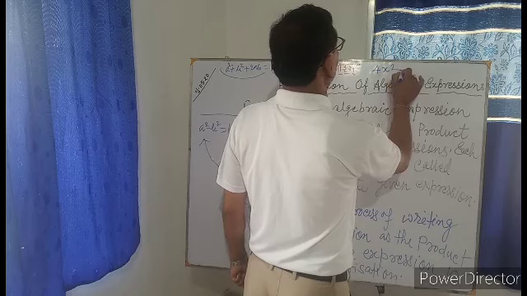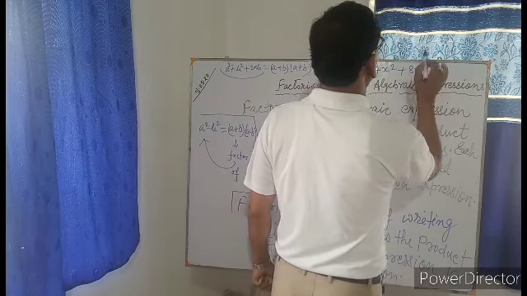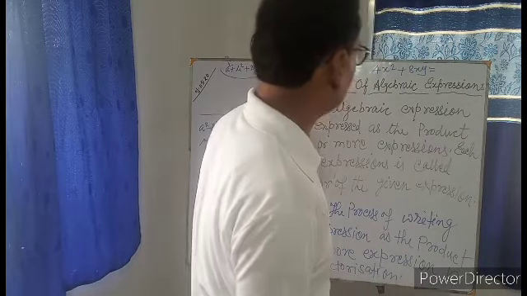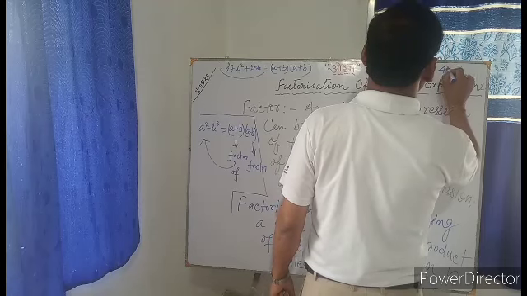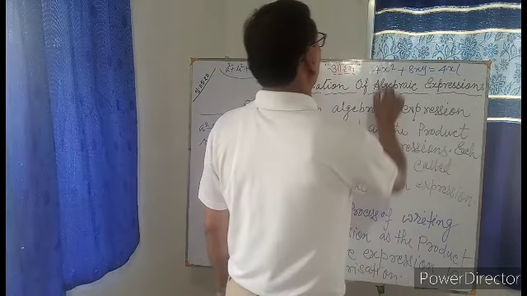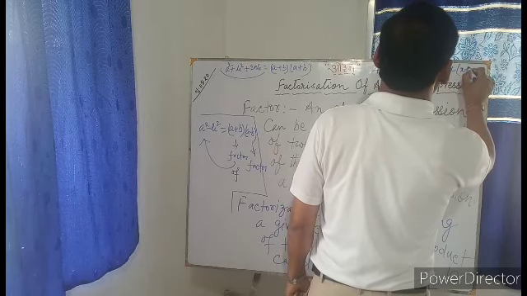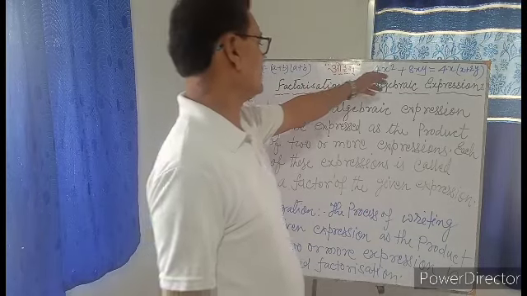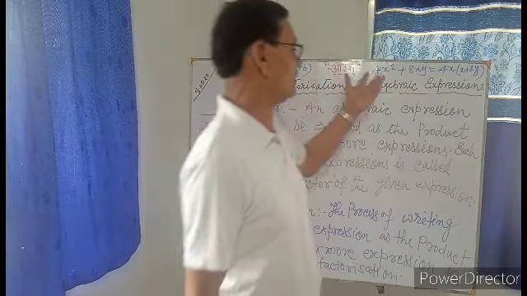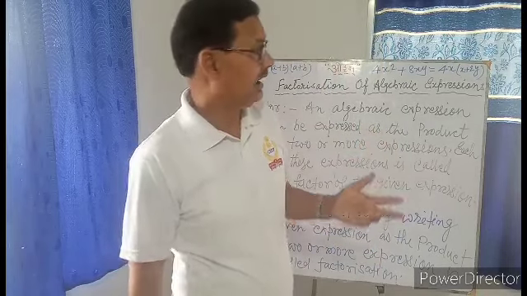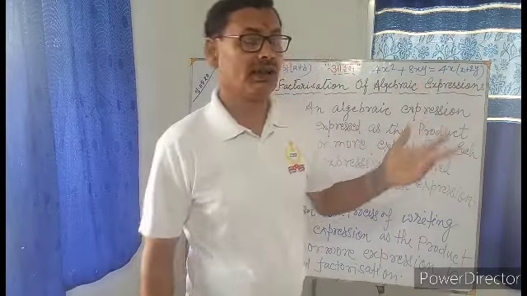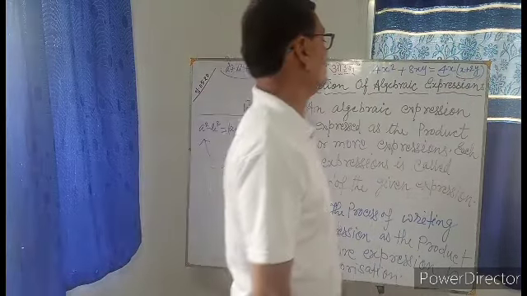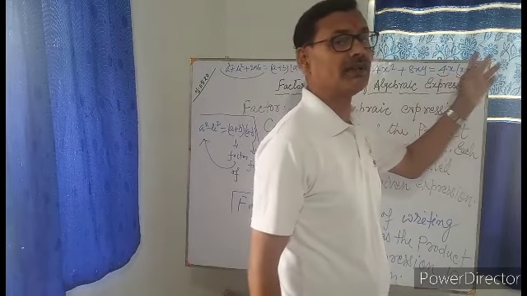Let us have a very simple example: 4x square plus 8xy. If you factorize, you haven't learned it yet, but you can learn now. We take 4x as common. So what do we have here? x plus 2y. Now you will see this example. Here 4x square plus 8xy is an algebraic expression. It has been written as the product of two expressions. What are the two expressions? 4x and x plus 2y. 4x into x plus 2y.